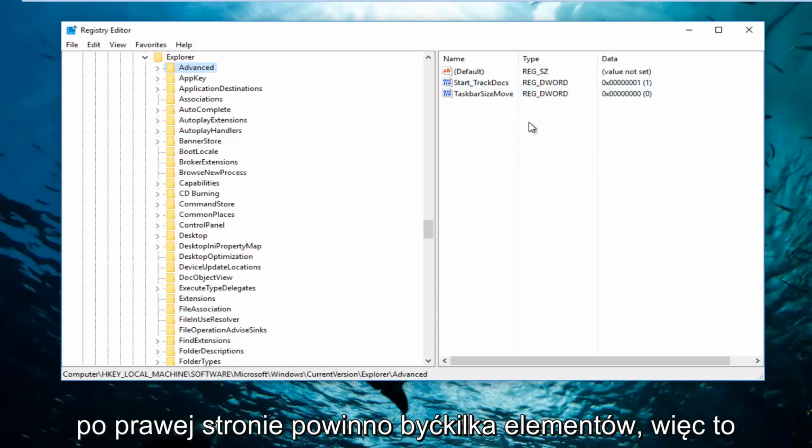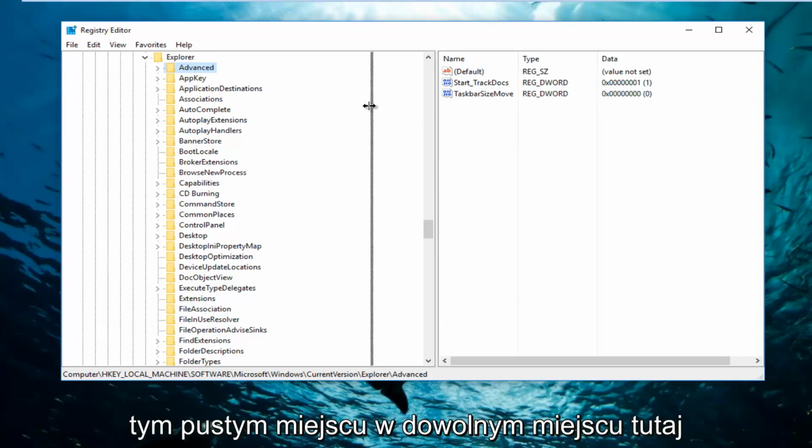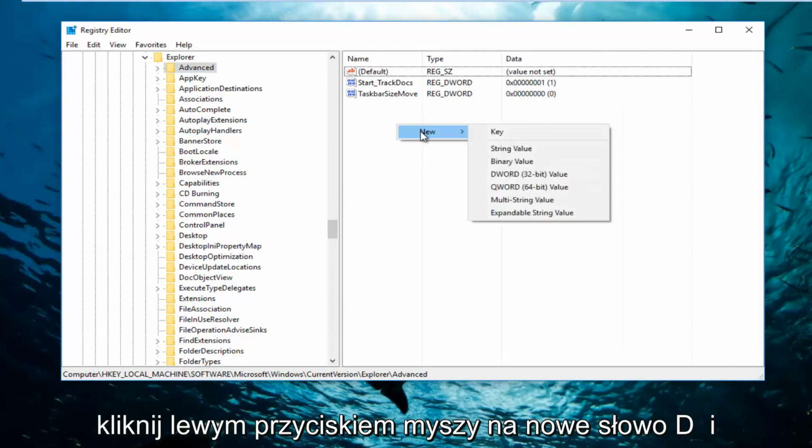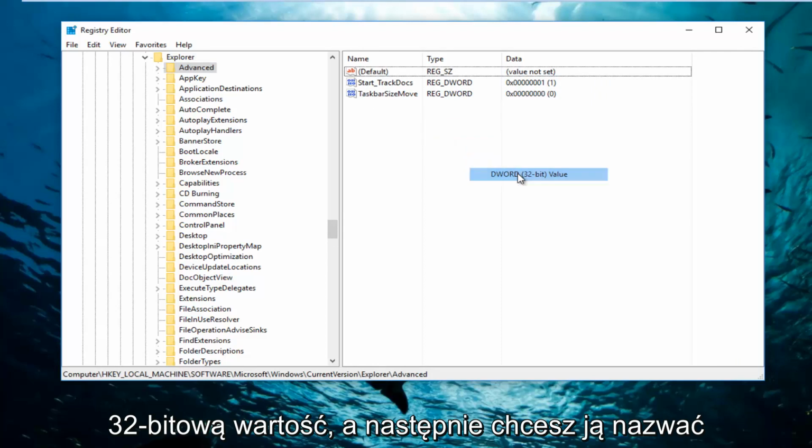And then there should be a few items on the right side here. So what you want to do is right click inside this empty space, anywhere inside of here. Left click on New, select DWORD 32-bit value. And then you want to name it